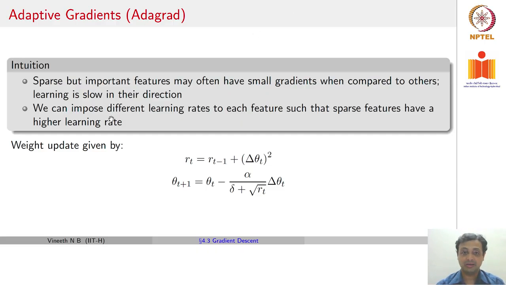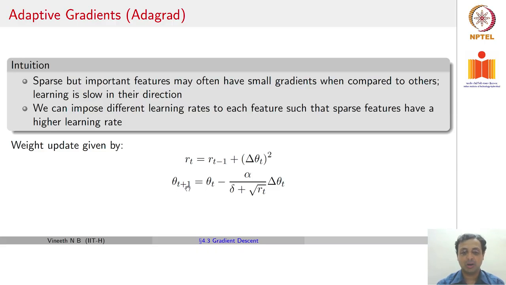So what you do in AdaGrad is you accumulate the squared gradients as a running sum. RT is a quantity that holds a running sum of squared gradients. Once again, keep in mind that delta theta t is simply the gradient, that's the parameter update, and that's a vector of the gradient with respect to every weight in the neural network. So for each of those weights, you maintain a running sum of the gradient squares, and then your parameter update